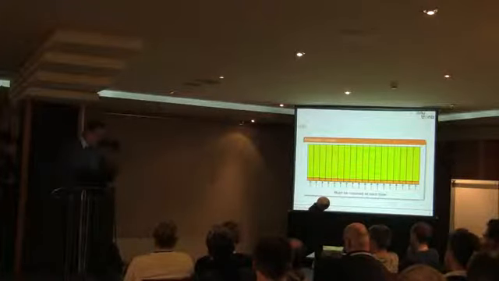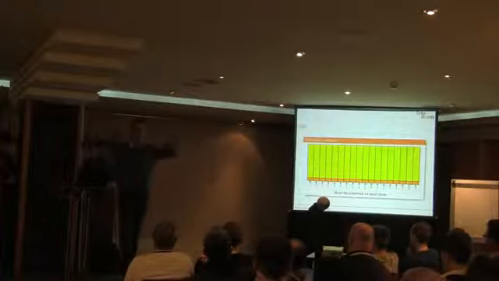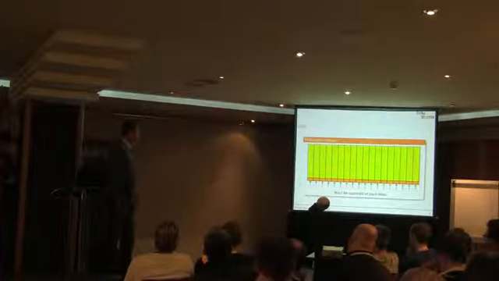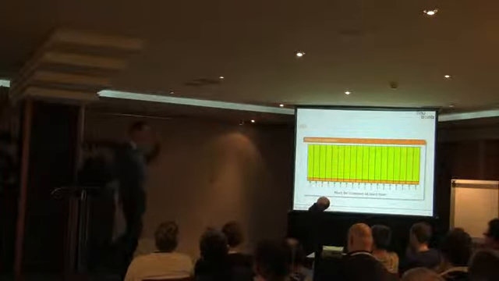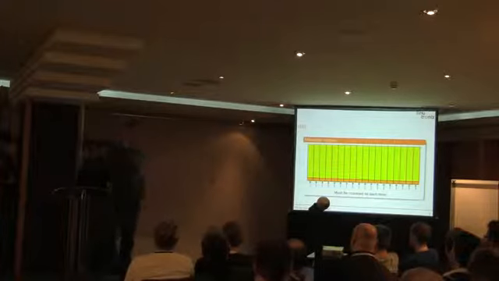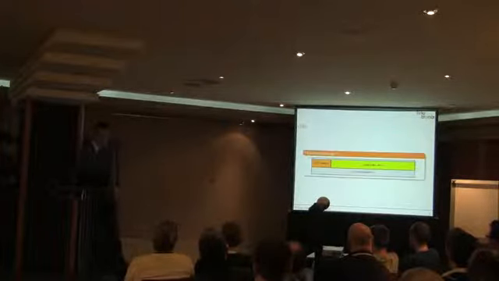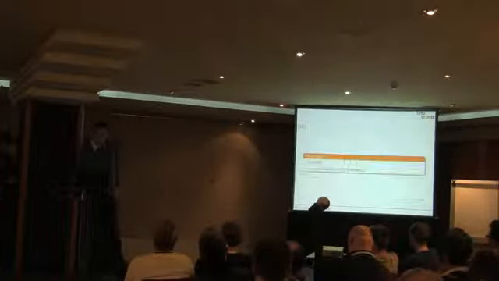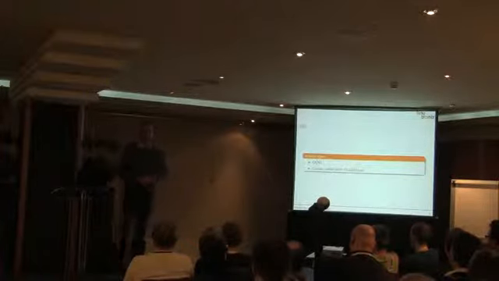So basically what UBI does at attach time, it goes through all physical erase blocks and scans the headers. And then it builds all the volume tables and all these kind of things, and the mapping between the logical erase block number and the physical erase block. It knows which blocks need to be moved around, and all this kind of information. So as you can imagine, this is slow. The attach time grows linearly with the flash size,